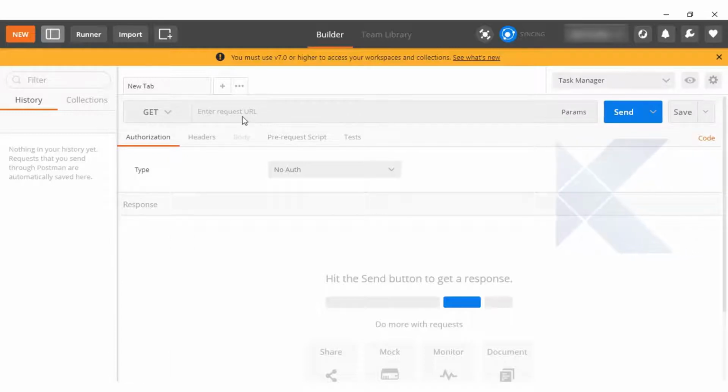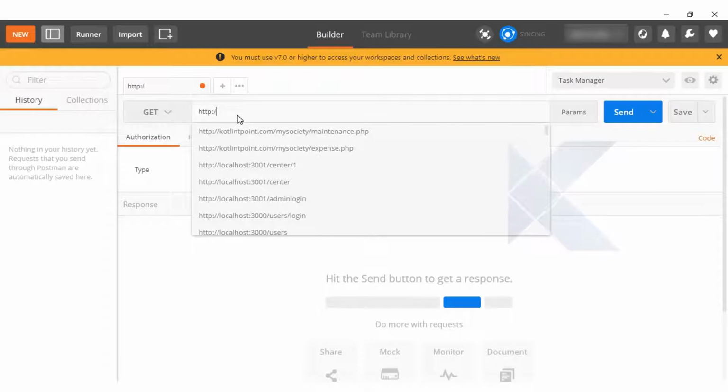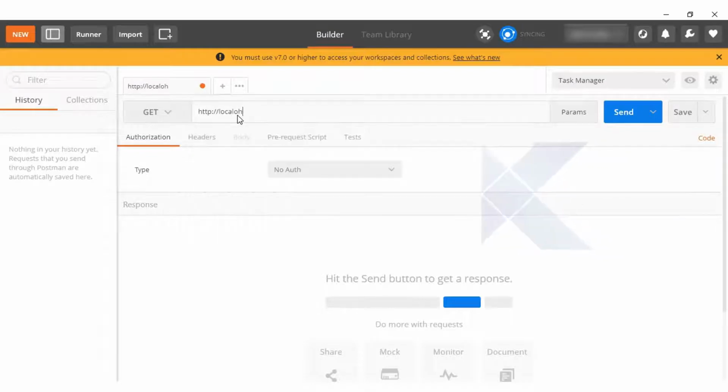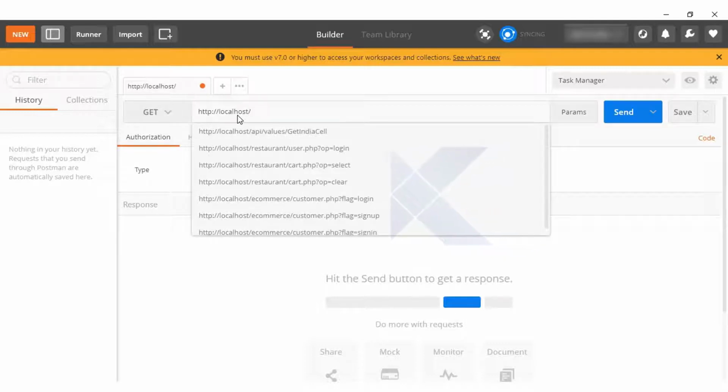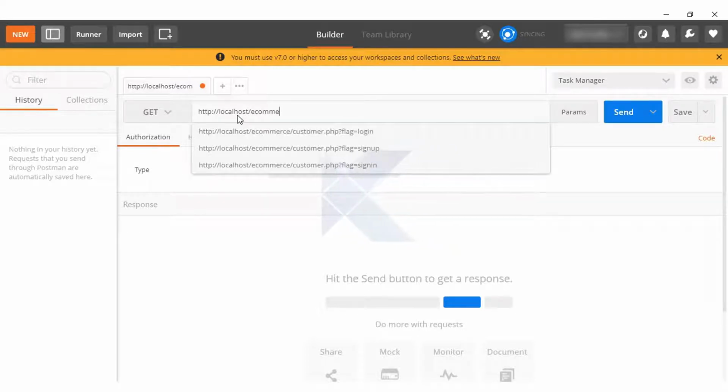In the URL section I will write http://localhost, and then the name of the project, which is ecommerce. That is the ecommerce folder we created inside htdocs, so that name we have to pass here.